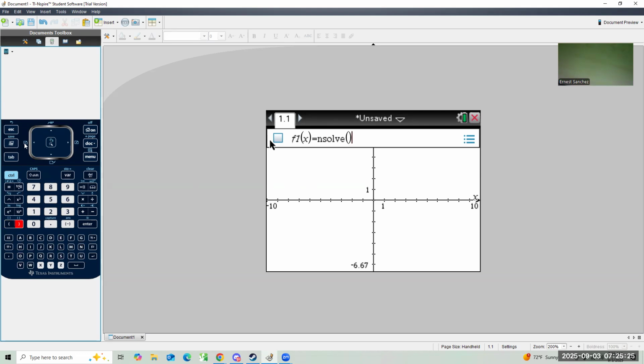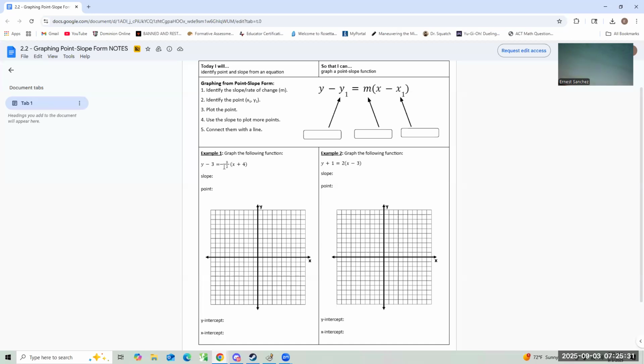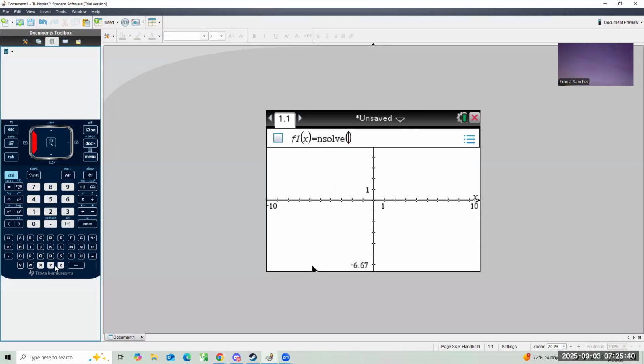Inside my parentheses, go back inside your parentheses, and this is where we're going to type this entire equation, the whole thing, exactly how it looks. So even though this also has parentheses, we have to put that in as well. So I'm going to type in the whole thing, y. Make sure you're doing the correct minus symbol, -3